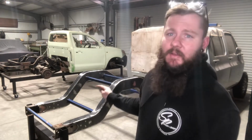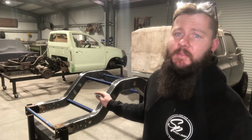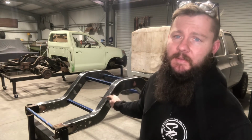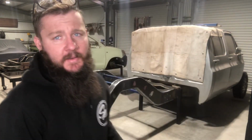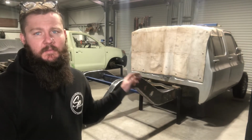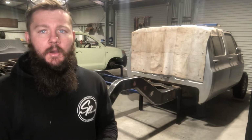So I'm not saying you guys have to notch a truck this way. This is just how I notch this truck. This is how the engineer was happy with the truck being done, and it's obviously been done a specific way to suit a specific style airbag and to lay and to tow and to do all the stuff that a truck should do. So I know this was probably a bit of a long one, but I appreciate the time,